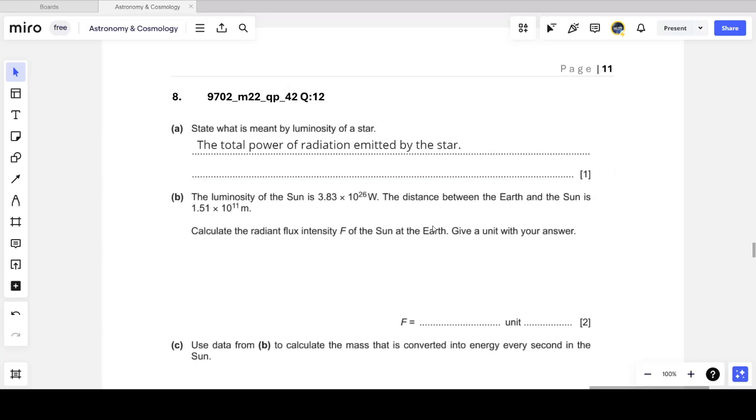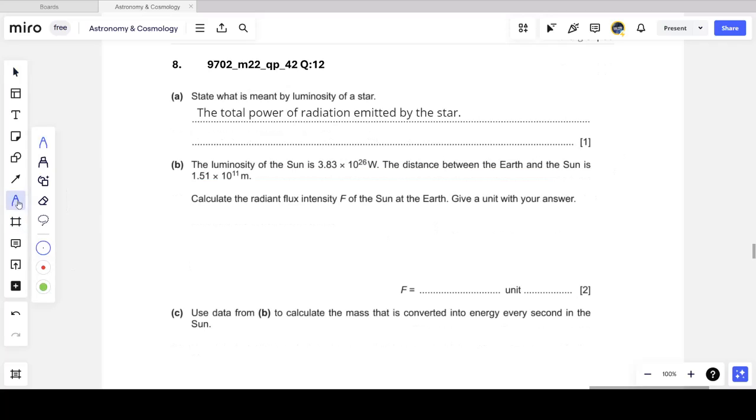That's its luminosity. We're then told that the luminosity of the sun is 3.83 times 10 to the 26 watts. The distance between the Earth and the sun is 1.501 times 10 to the 11 meters. We want to calculate the radiant flux intensity of the sun at the Earth, giving a unit with our answer. So we know that flux intensity F is luminosity L divided by 4 pi times the distance between the two objects, d squared. So the luminosity is given, 3 significant figures, 3.83 times 10 to the power 26,